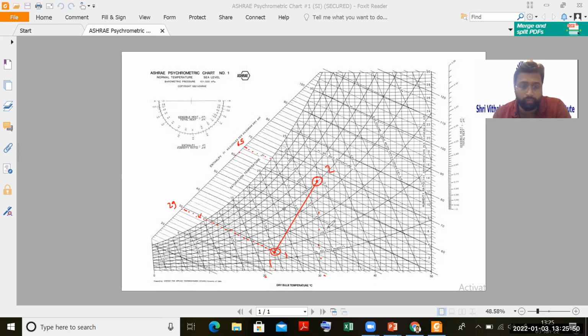Okay. Now at point 1, the volume flow rate here is 0.84, and at point 2, the volume flow rate is nearer to 0.88. So I can take that as 0.877, right? Here I will take 0.877. Here the volume flow rate is given already, that is 0.84. Okay. So I hope you are able to see on screen. If you're not able to see, you can double tap on screen and then it can be zoomed.